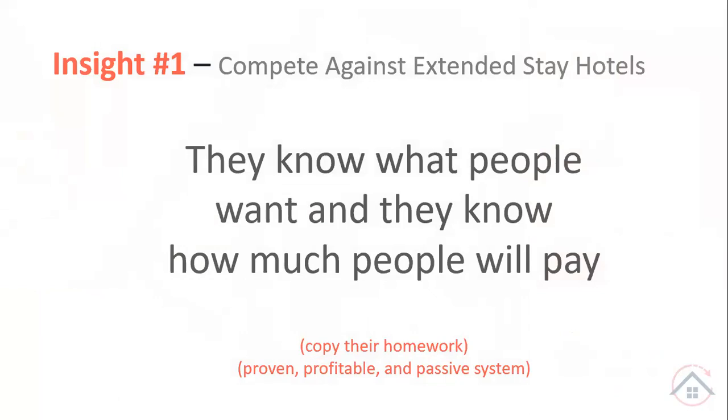It's just compete against the extended stay hotels that are already in your area. If there are none in your area, I would say go to where there are, because they've already done the research. They know how much to price it. It's all done for you. You can beat them all the time, and that's all you need to replace your W-2 income and create the cash flow that you're looking for. Okay, just copy their homework,